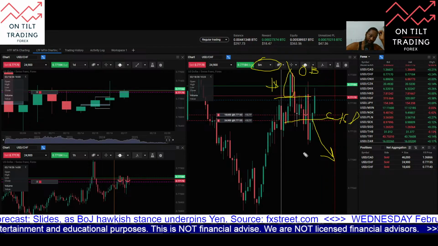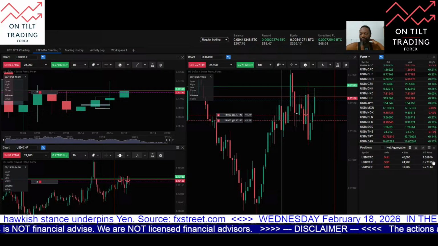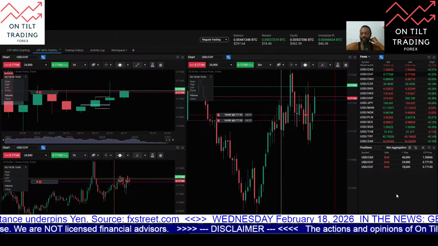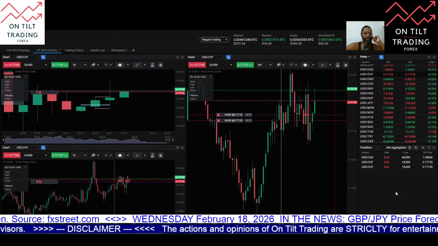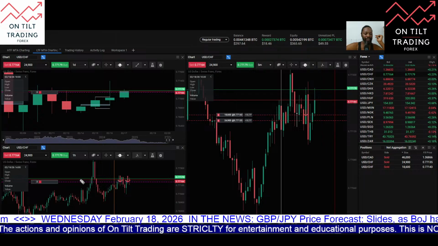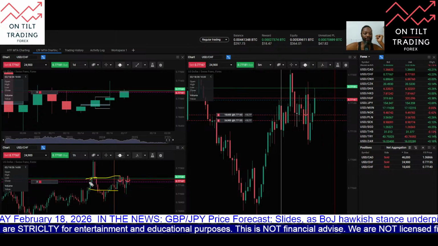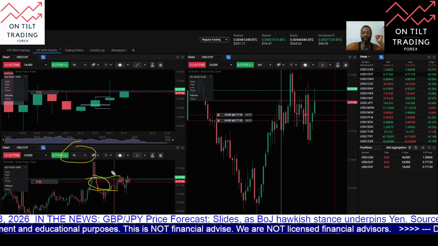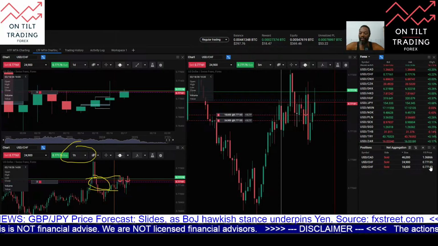Even though there's not liquidity here taken on the daily level, which is ideally what I want to see. This being just a continuation of yesterday's price action. Also on the 1 hour chart, there are some bearish fair value gaps here that price has been trading into. And we'll have a quick look over at